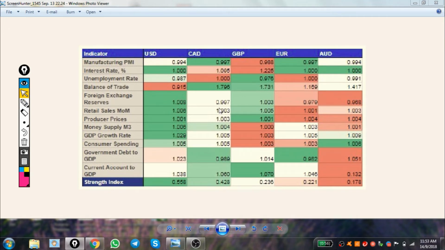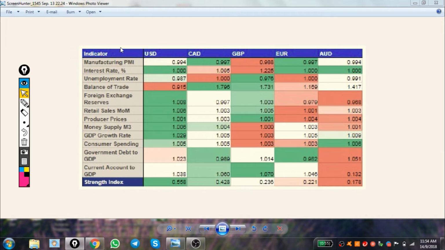Now, you might ask, what's the difference between this currency heat map, or you can call it a currency strength weakness table, and the traditional currency heat maps that we see offered in the market? Now, the difference is this. Most of the currency heat maps or currency strength weakness tables that you see offered in the market are basically based on indicators. What indicators am I talking about? For example, all those technical indicators, which is not what we are basing upon here.